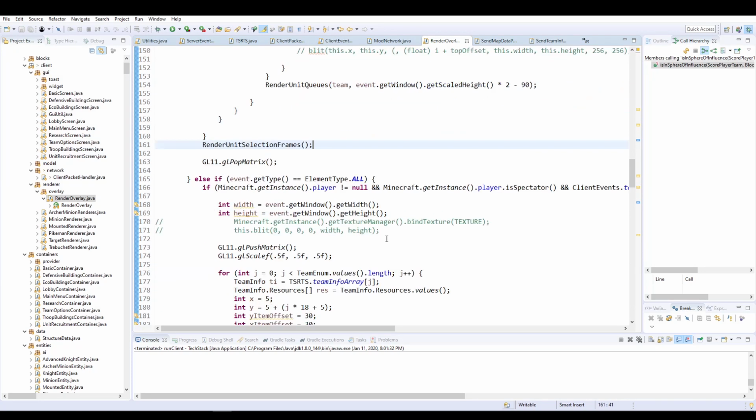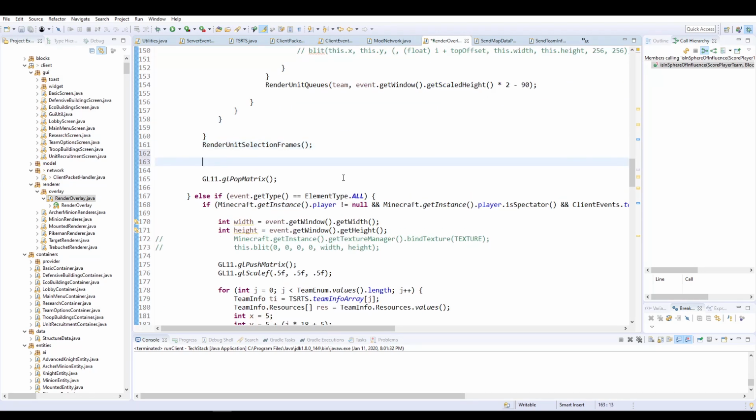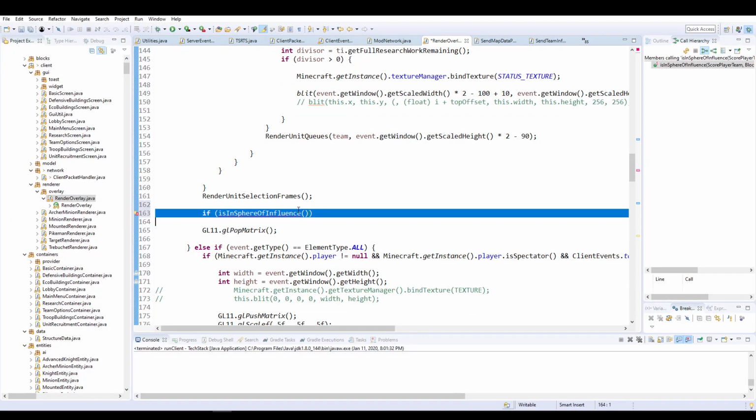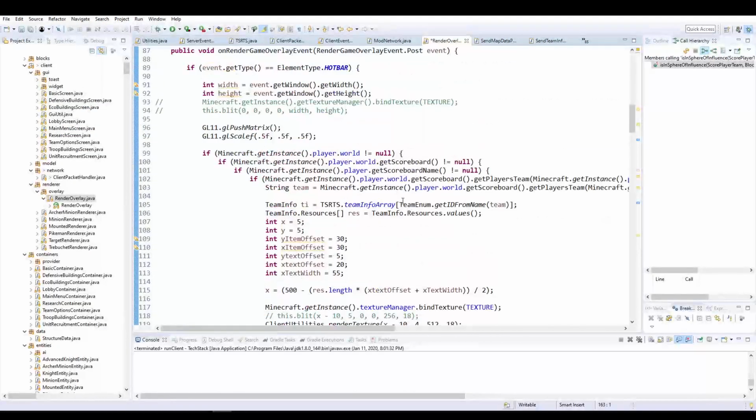There's the unit selection frames. Let's see if down here we can say some way of getting if the player is currently in the sphere of influence. If we're going to need all the team information, we're going to need all sorts of stuff here, aren't we? So actually, let's do it up there where we've already got the checks done to see if he's on a team and all this. Got a team name right there. Okay, so